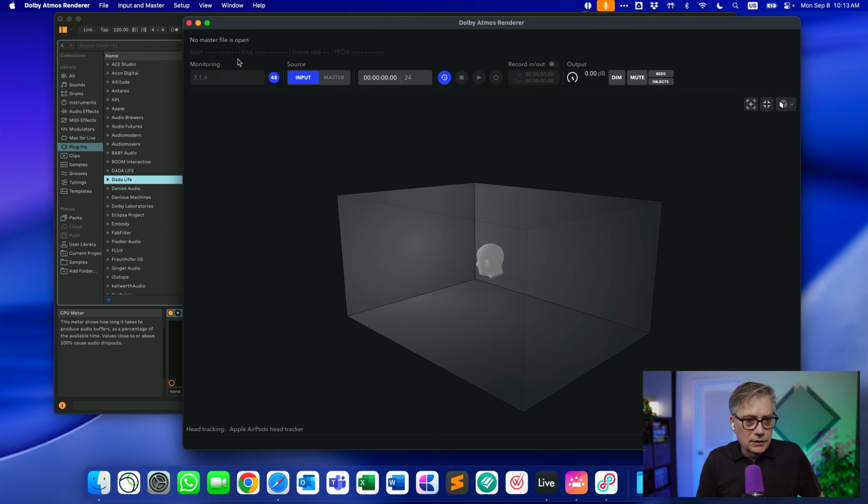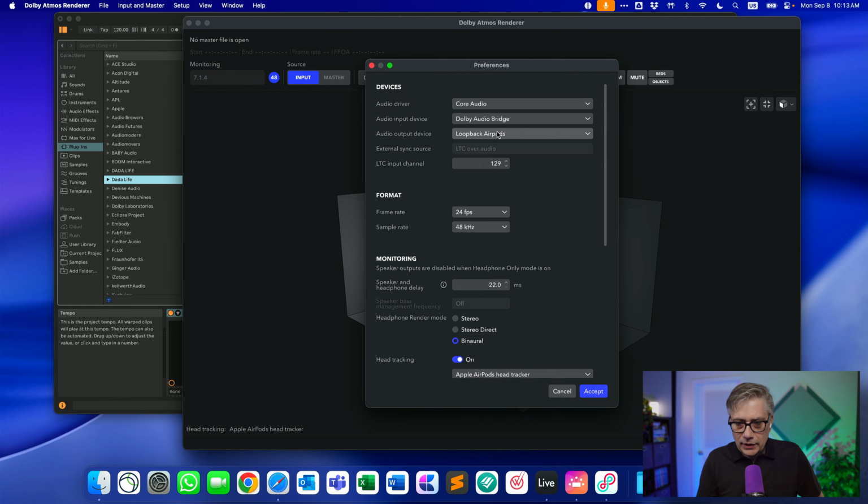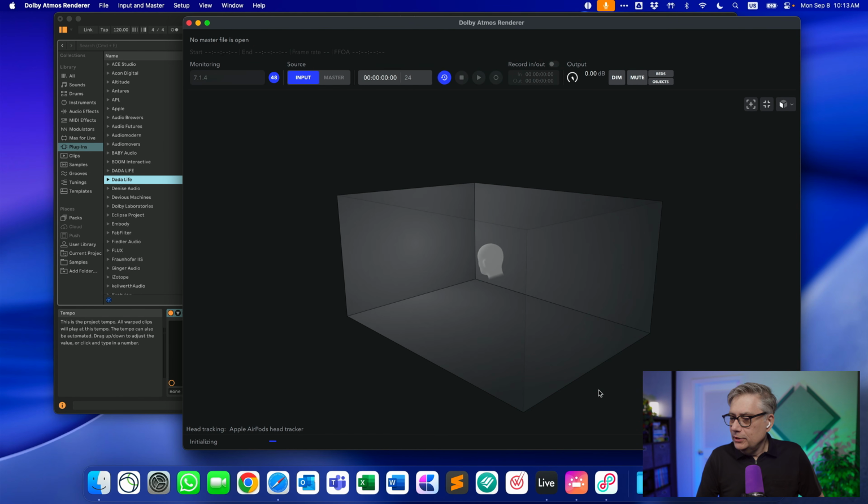I can switch that over to something else. In the preferences for the Dolby Atmos renderer, I can select a different output device. Let's choose the Sphere device for no particular reason. And that will still allow me to head track, but at the same time I'm now outputting the audio to a different device.